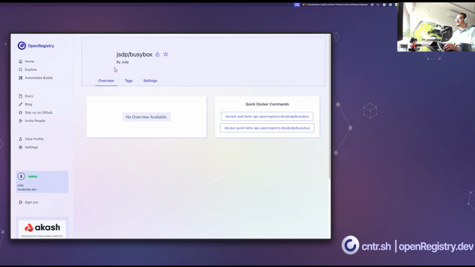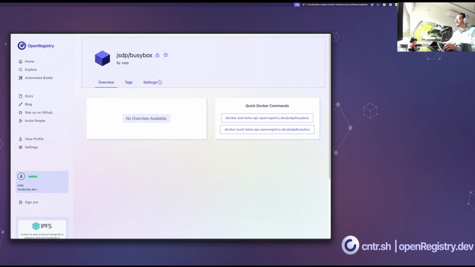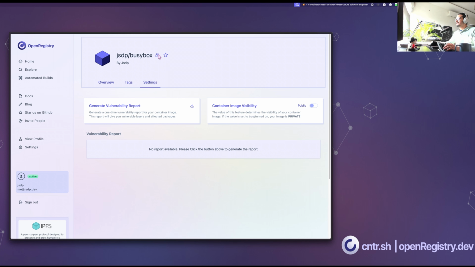So as you can see, I have one BusyBox container image. It's set to public, which is indicated by this open lock icon, and it's also written here as public. The container image visibility right now is public. You can click this toggle button and this will become private, and the lock becomes locked, indicating that it is now restricted in terms of who can pull and push to